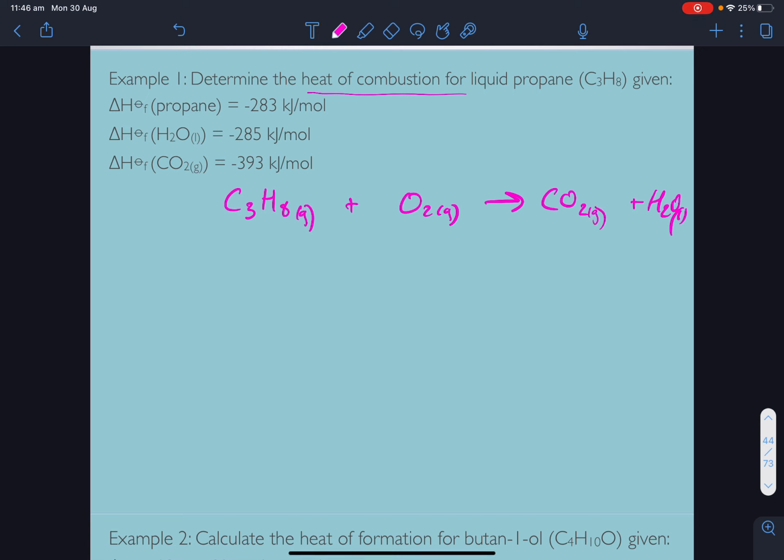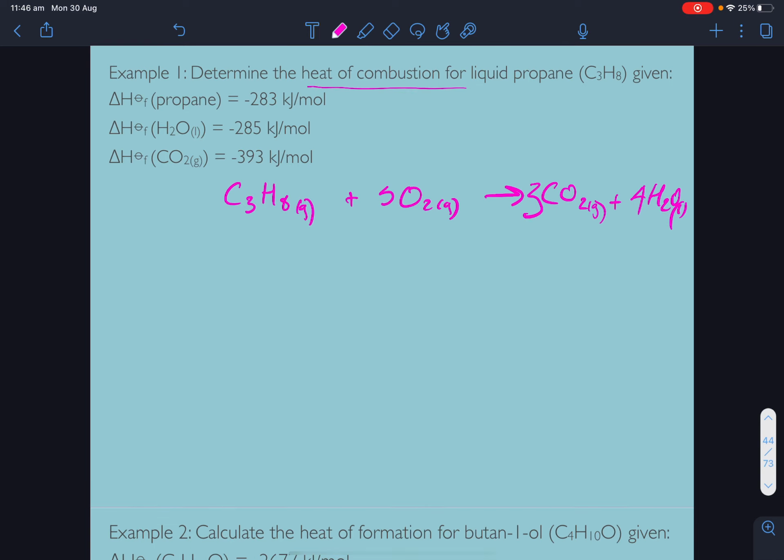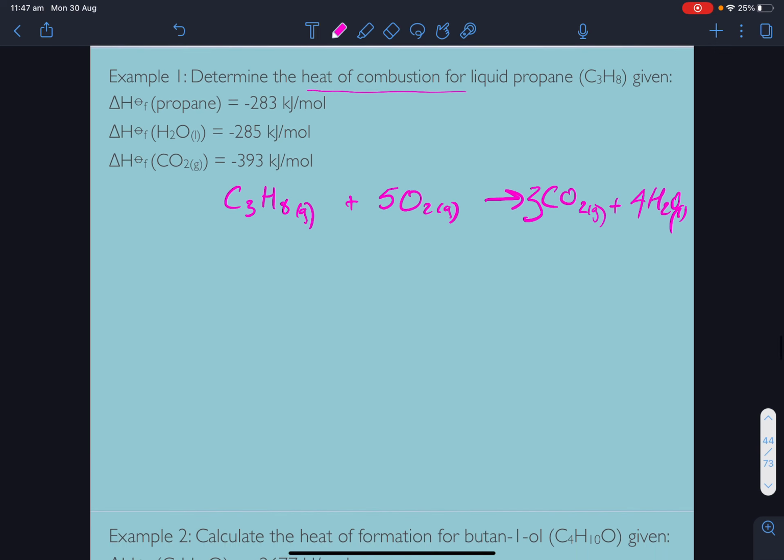Okay, so 3 carbons, 8 hydrogens. So now on the right hand side we've got 3 times 2 oxygen, 6, plus another 4 from the water, so that's 10. So I'm going to need 5 O2s to get my 10 oxygen. Okay, so determine the heat of combustion. Alright, so